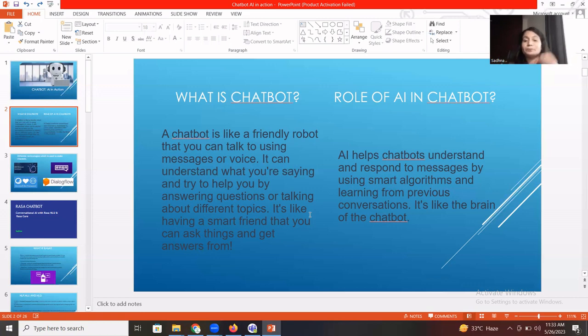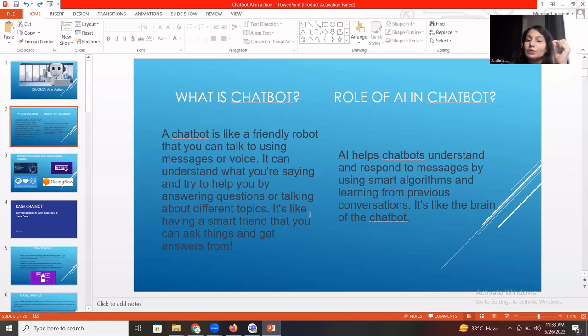First, let's see the role of AI in a chatbot. Let's say a chatbot works as a textual assistant, like a human does. For example, there is a flower shop where one person works as a customer care executive.